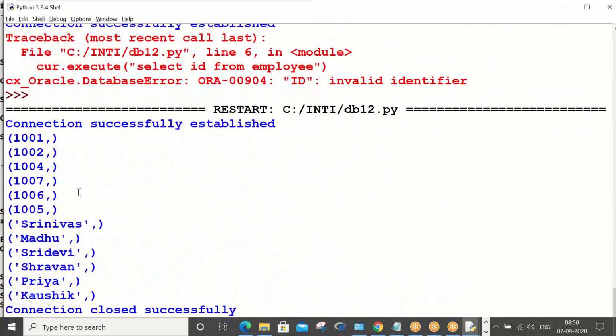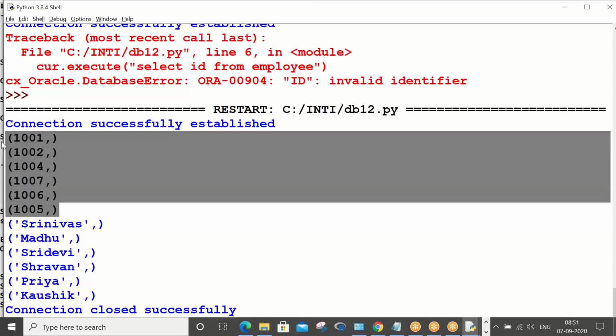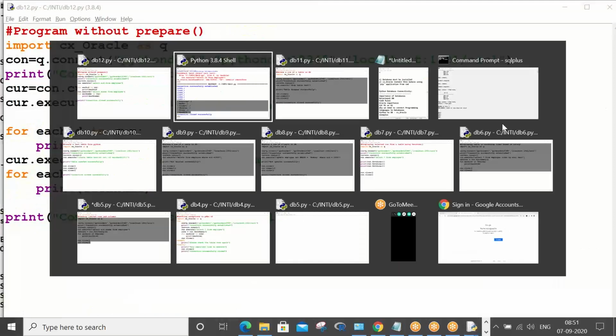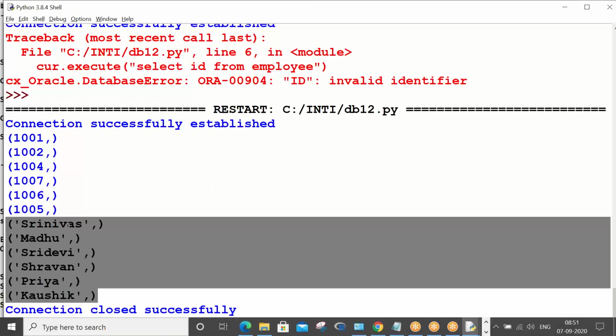So you see, this is what I'm talking about. The first time I execute to display id, the second time I use the execute method to display name. When the first execute method has gone to the database side, the DB engine has prepared the query plan, the compilation, the query plan for querying and execution. That query plan which got created will get destroyed every time, so it has to recreate the query plan again and again.